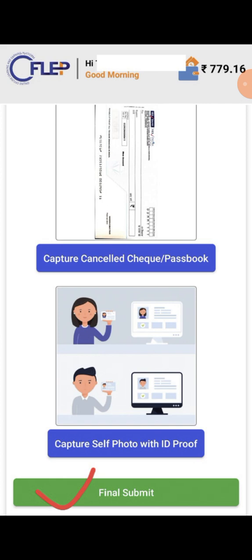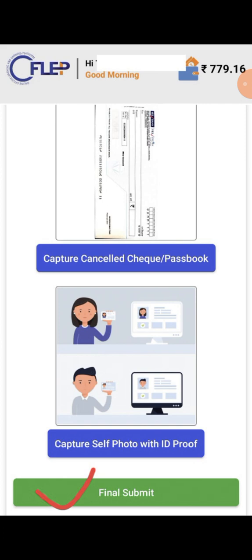It is clear. I will tell you here again, friend, sometimes there is a mistake because of some issue. If your KYC is rejected due to your Aadhaar card or bank detail or PAN card or selfie, anyhow, if your KYC is rejected because of these reasons, you have to raise it again. Below the final submit you will find that your KYC has been rejected, and the reasons will be mentioned there below.